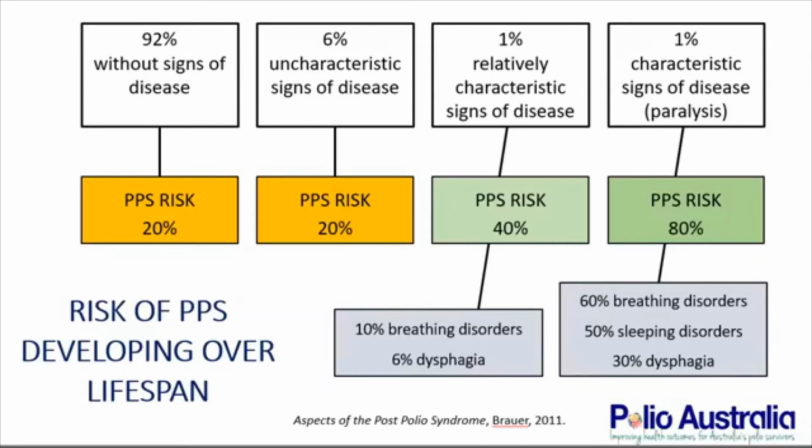So far, we have 60 out of 100 who have a higher risk of developing post-polio syndrome. But if we look at that 92% that did not have signs of disease, or asymptomatic, and yet 20% of those are at risk of developing post-polio syndrome, that comes out from our 5,000 to be just under 1,000 cases,